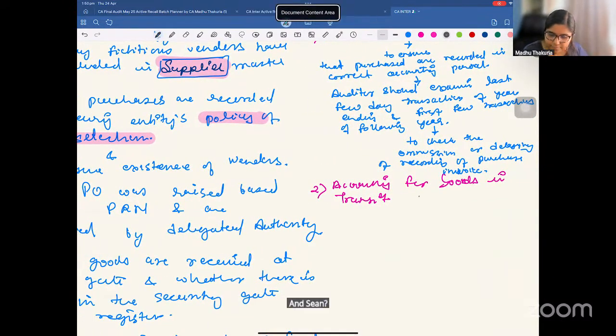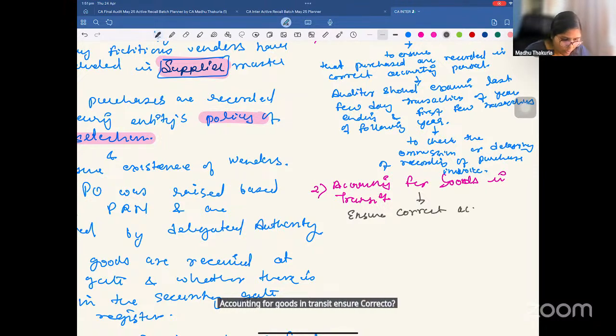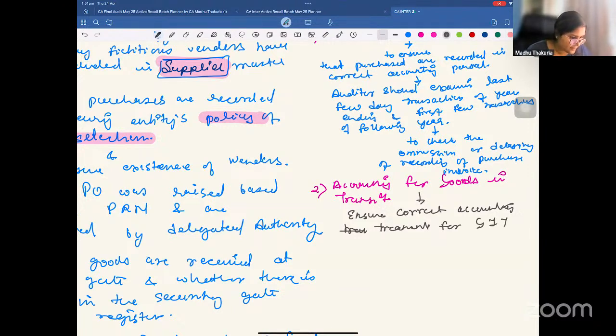Ensure accounting for goods in transit. Ensure correct accounting treatment for GIT as per